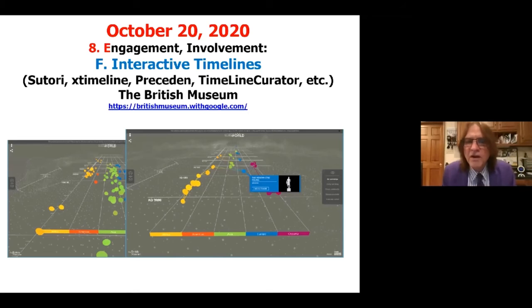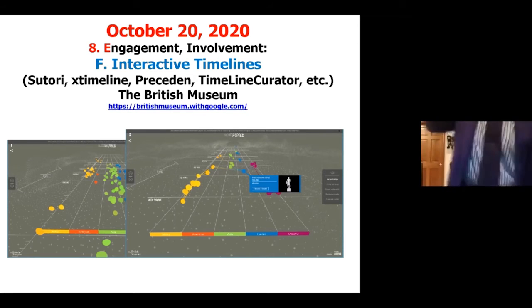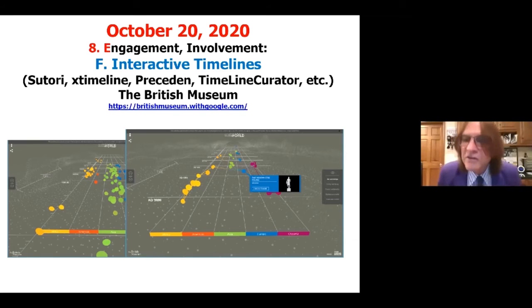The newest one in this talk I found last month was the British Museum has a new website for interactive timelines. You can go back in timeline in Africa, along that timeline in America, in Asia, in Europe, in Oceania. As you go back in time, different artifacts pop up and they're explained. Really cool. It's something that I actually have thought about developing myself. I thought, wouldn't it be great if museums had this, like a ladder that you go back in time, and you climb up the ladder, you go 100 years, 200 years up and see different people, you meet different people and different artifacts and cultures of the world. Well, they've got it in the British Museum now.